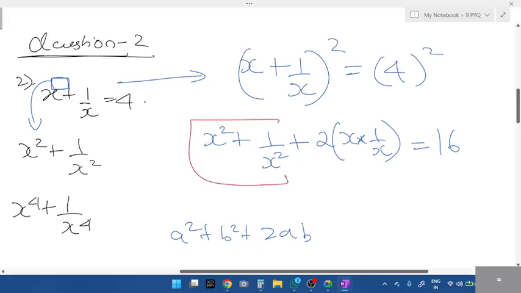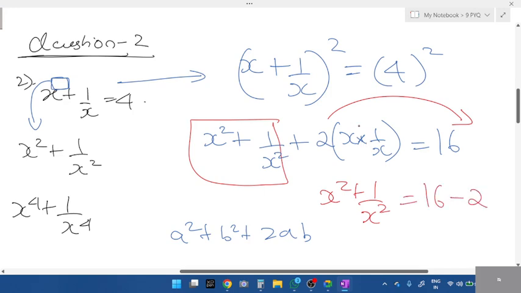Only this is required, right? Shift this to the other side. x square plus 1 by x square is equal to 16 minus 2 into, what is x plus 1 by x value, students? What is x plus 1 by x value? 4. Is this concept clear? All of you understood? 16 minus 2 fours are 8. The answer is,